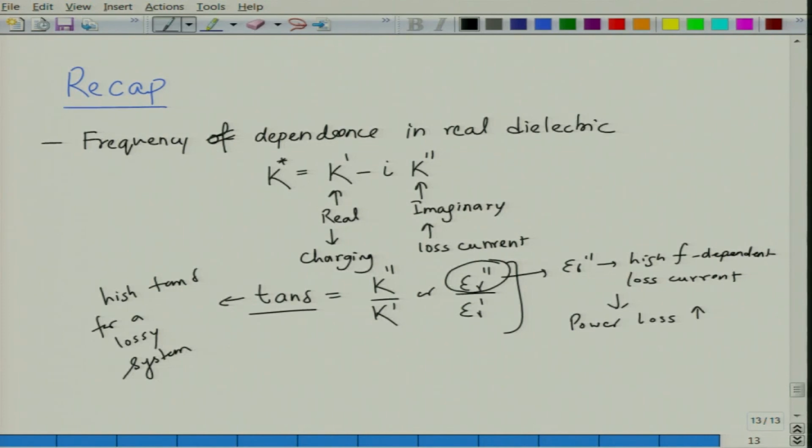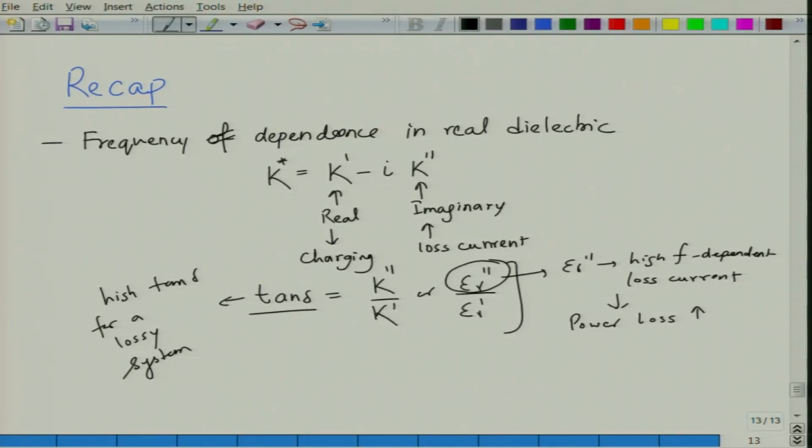So, for dielectric materials, epsilon r prime represents the actual dielectric behavior, whereas epsilon r double prime represents the loss behavior of a dielectric. These are taking the frequency dependent parts into consideration. On top you might also have ohmic losses. So, the total losses have to be calculated by combining ohmic losses plus the non-ohmic frequency dependent losses. This is what we have done in the last class, and we determined a framework to do that.